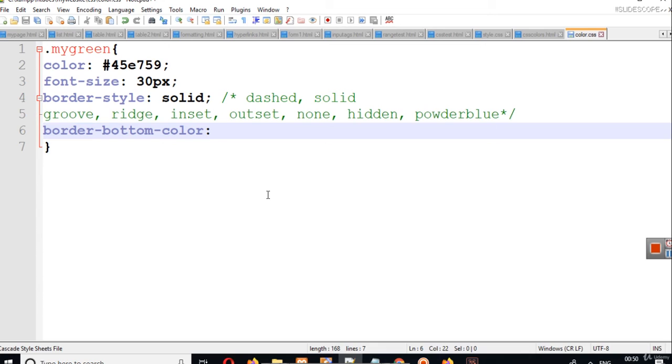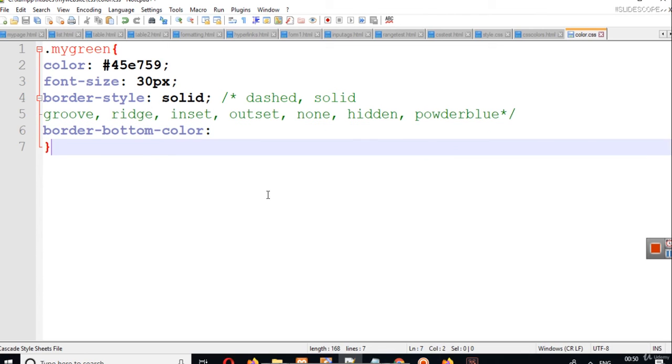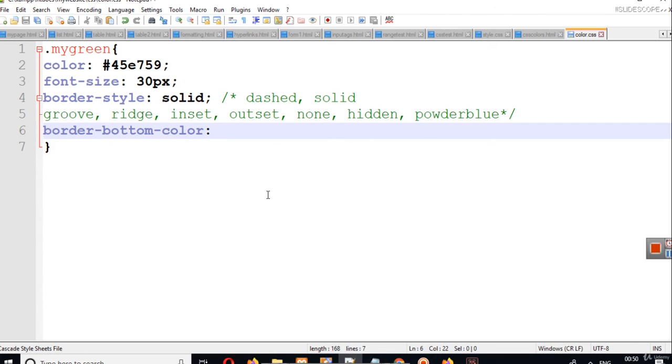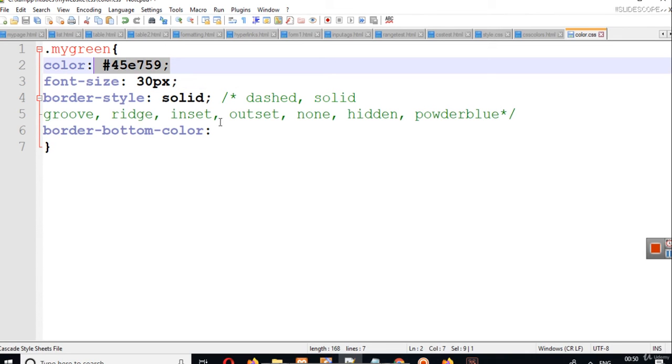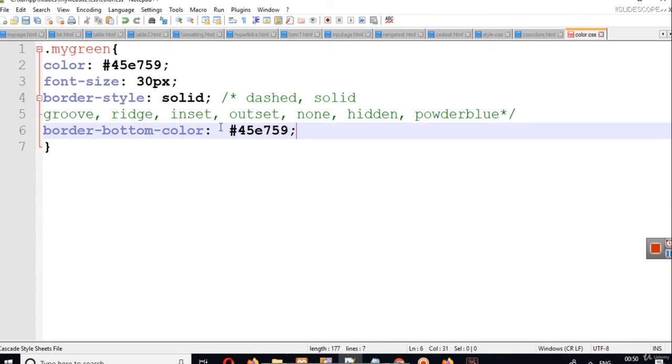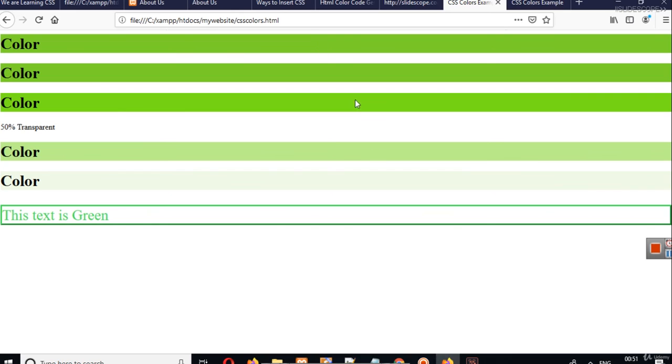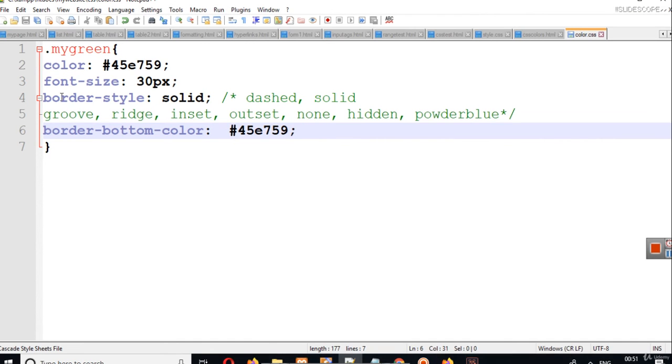So it's always better to close this. We have border bottom color, and let's say border bottom color is this particular color here. You can write any color here because we are discussing colors and borders. So now you can see it's solid, and now let's remove this property.